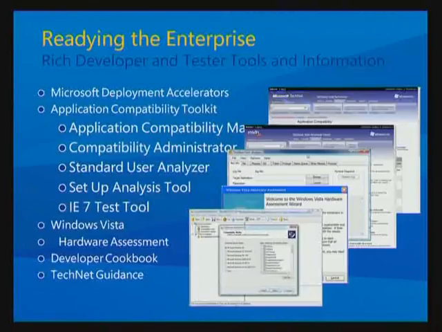The Windows Vista hardware assessment. The application compatibility cookbook, which we just recently updated for Windows Server 2008. It is really targeted towards developers, but the same principles apply even if you're not writing code. And it's not a code-heavy document. So yes, the language is not targeted towards the IT pro, but the information, the knowledge that you gain absolutely